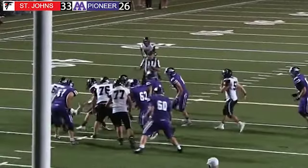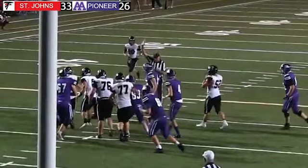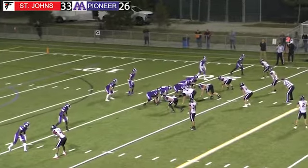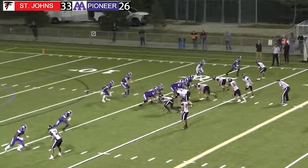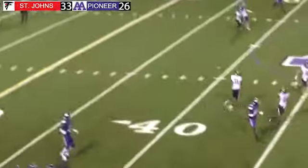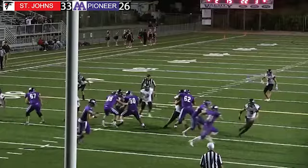Trusty split out wide to the left. Pearson stand in slot to the left. Fisher split out wide to the right. Daly in the slot to the right. Shotgun formation. Rogers to Easthope's right. Easthope takes it. Rolls to the right. Easthope looking for a place to go. Throws it out. Oh, it's tipped away as Washington got his